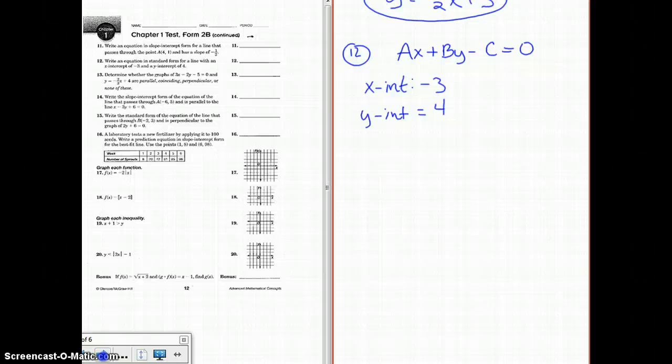And I'm going to give those a point. If I have an x-intercept at -3, that ordered pair is -3, 0. If I have a y-intercept, that ordered pair is 0, 4. So now I have 2 points. I want to put it in standard form. I'm going to start with